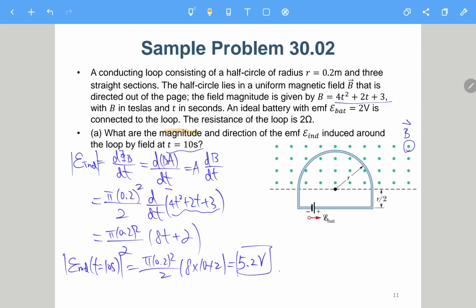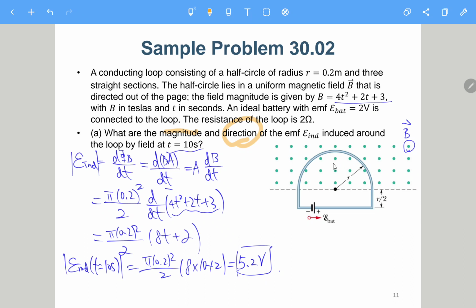It asks you what are the magnitude and also the direction, so we need to determine the direction. Here we can see B is 4t squared plus 2t plus 3. We can see that the derivative of it is still positive. The derivative dB dt is 8t plus 2. So this is still a positive number, which means that